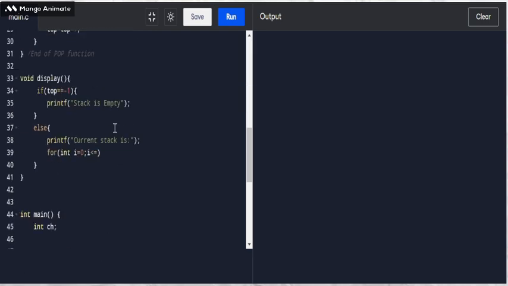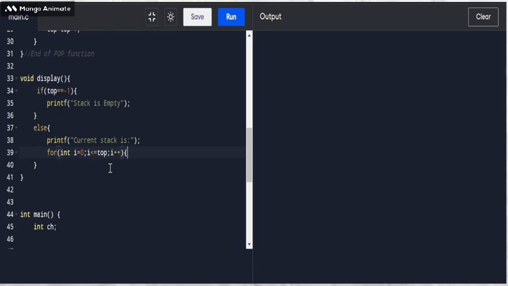The endpoint will be the value of top, because the stack is between 0 and top. So if my value of top is 2, then my stack will have the elements from 0 to 2. If my top value is 4, then my stack will have elements from 0 to 4. So i is less than or equal to top,